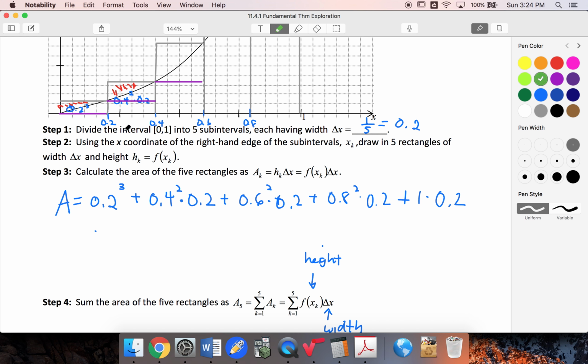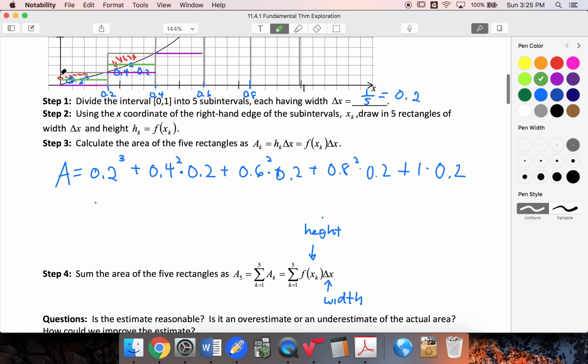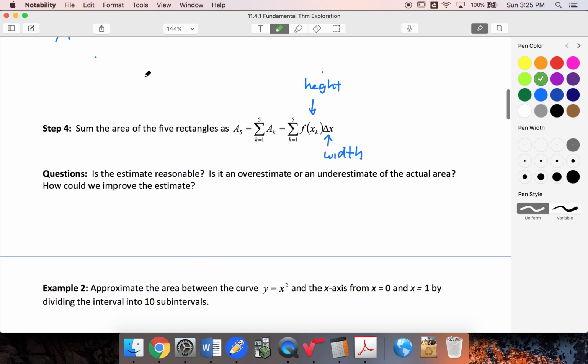I could have tried going from the middle for the height, making rectangles this way. So through the middle of the height. That would have been, I would have had bits that were overestimates and underestimates within the rectangles if I had used the middle. I think the best thing to do, though, is to shrink down the width so that I don't have so much that's an overestimate or underestimate. So